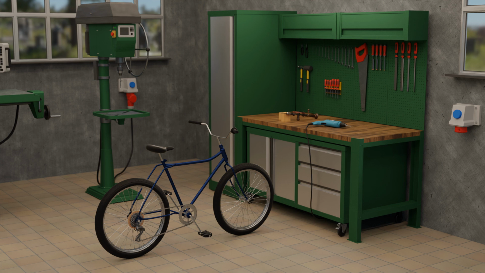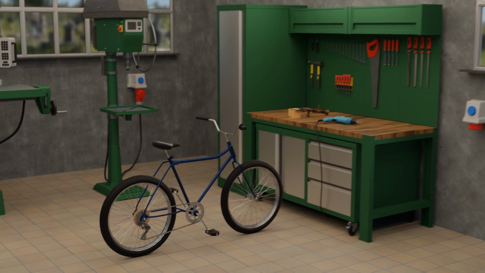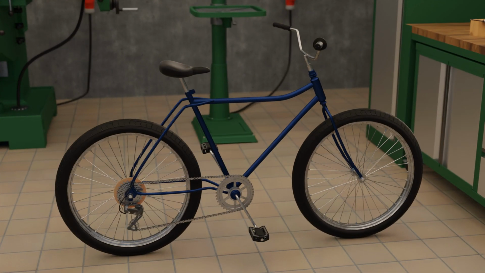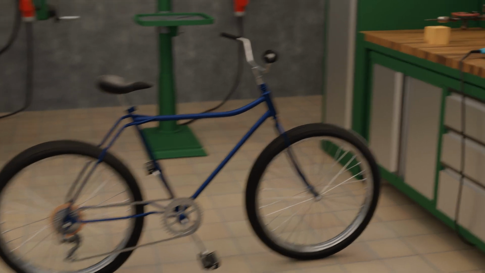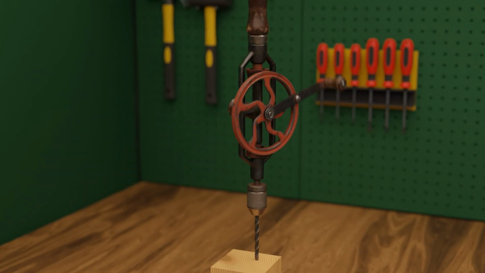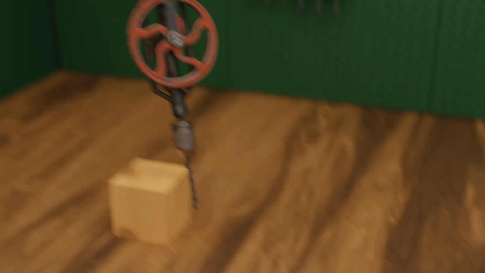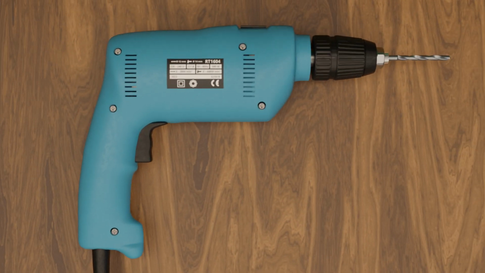In everyday life, there are many technical systems that are powered either by muscle power or by tools such as motors. For example, the rear wheel of a bicycle is powered by the rider's legs. In e-bikes, the rear wheels are powered by electric motors. Another example of a system powered by muscle is a handheld drill, as used in the early days of woodworking. Today, powerful electric motors are used in drills.